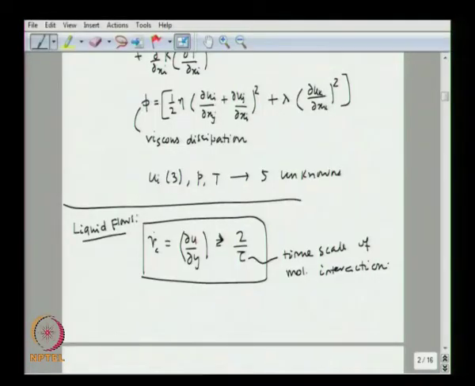Okay. So, let us say between two parallel plates you have a fluid flowing, and we assume a quiet flow situation where one of the plates is stationary and the other plate is moving at a speed of 10 to the power 6 meter per second. Then in that situation a Newtonian fluid will behave as a non-Newtonian fluid. So, the Newtonian assumption is going to break down. That happens when the critical strain rate is twice the molecular interaction frequency.